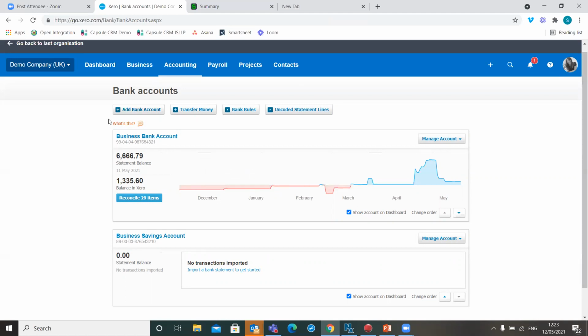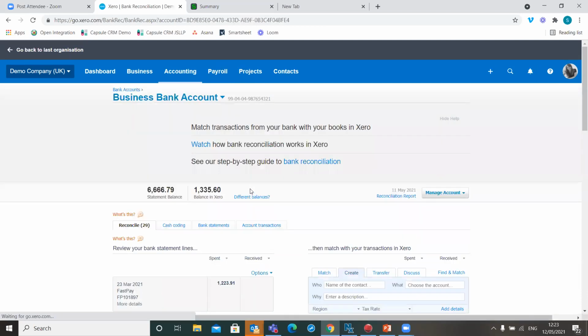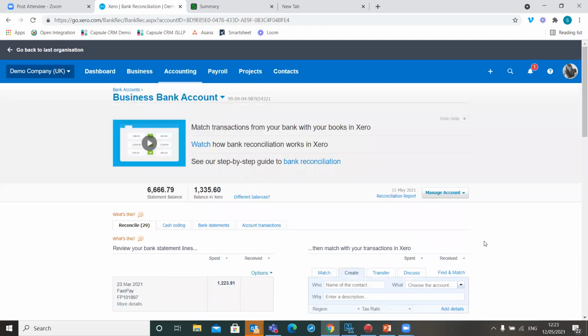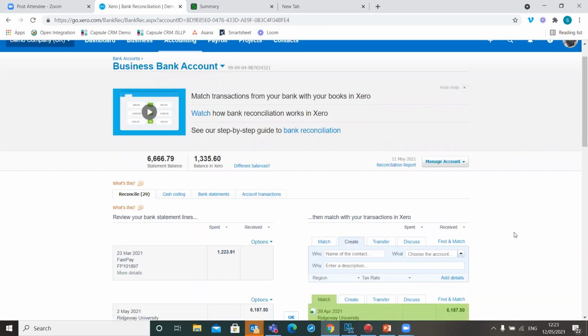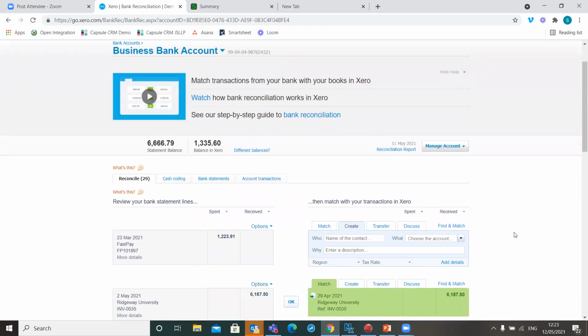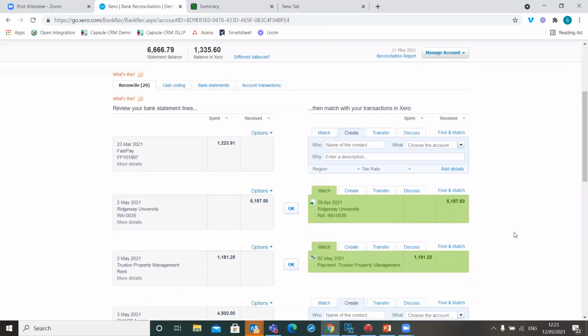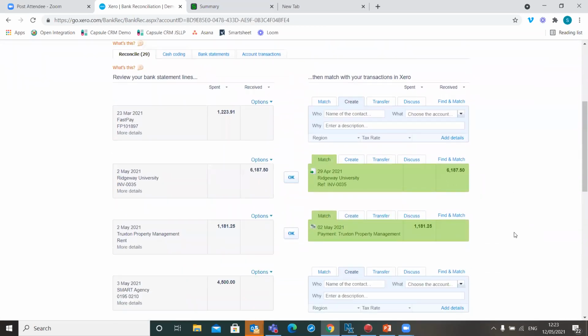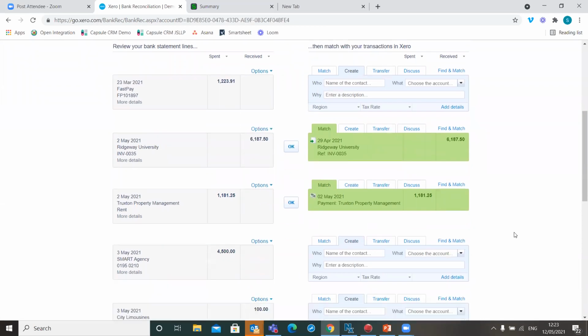So once you have a bank feed set up, all the transactions download into Xero on an ongoing basis. And you can see quite easily on the dashboard any transactions that have been downloaded into this accounting software. So if we select the reconcile items, like I say, these are items that have been downloaded from the online banking. And Xero and Sage Business Cloud, when we navigate into there, have the same features in that, first of all,